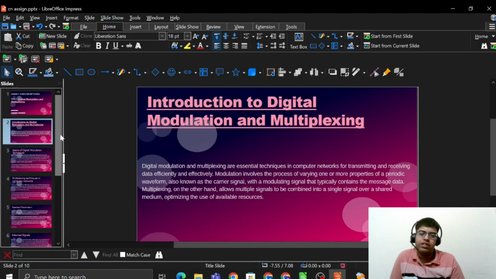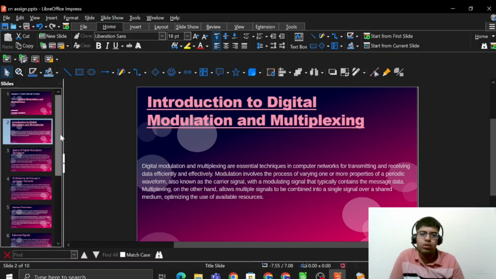Digital modulation and multiplexing are essential techniques in computer networks for transmitting and receiving data efficiently and effectively. These involve the process of varying one or more properties of a periodic waveform, known as the carrier signal, with a modulating signal which contains the message data. Multiplexing allows multiple signals to be combined into a single signal over a shared medium, optimizing the use of